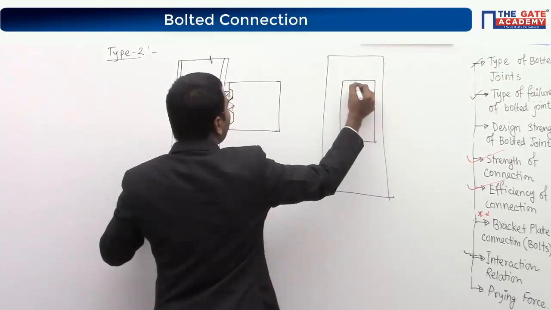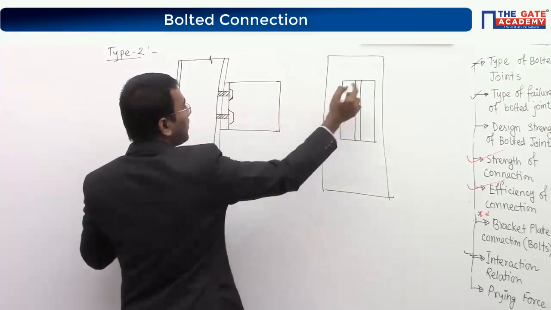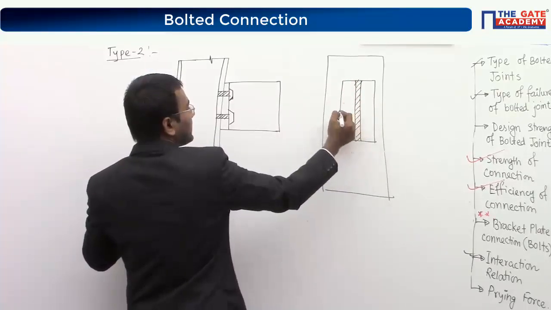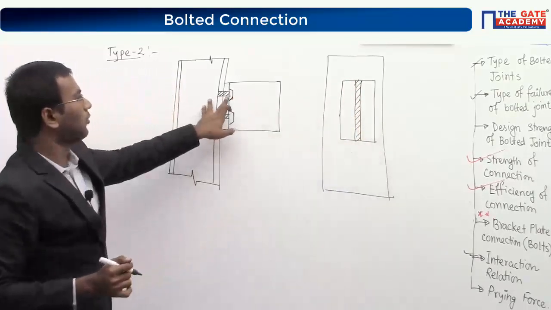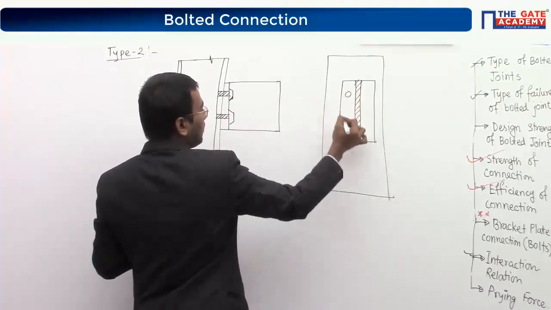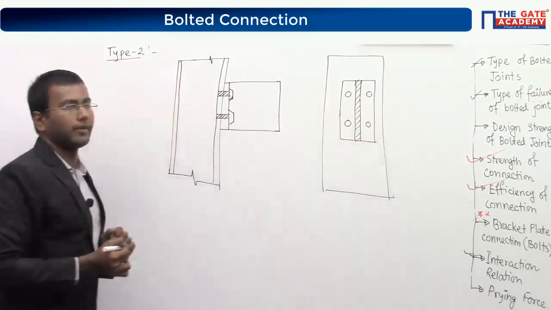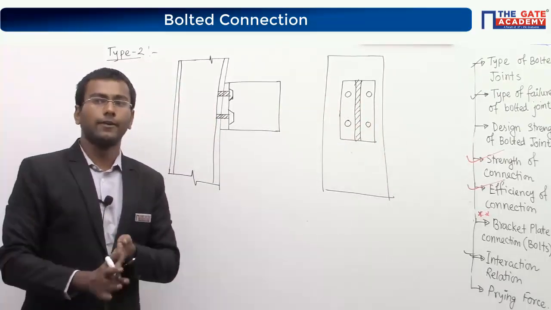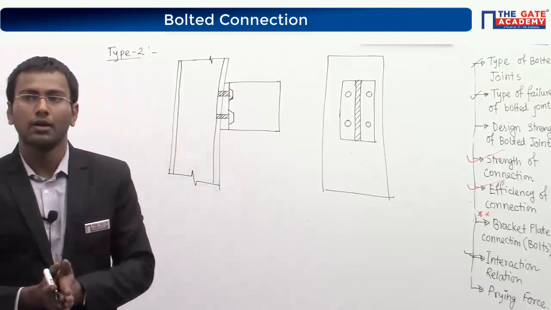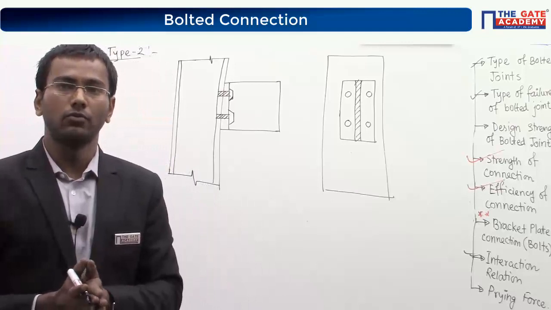here you actually have the plate, this plate presented here, and this portion is your angle section, both sides. It is connected by some number of bolts, right? So let us consider one bolt here, another bolt here, one bolt here, one bolt here, right? So this type of view is actually this one. Everybody, did you understand the diagram? These two diagrams, the view and the projection view.